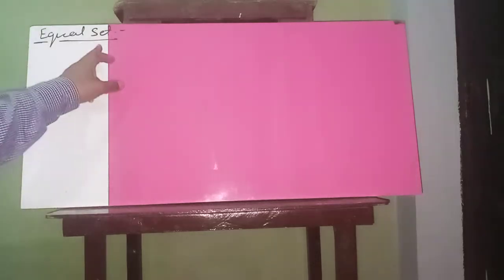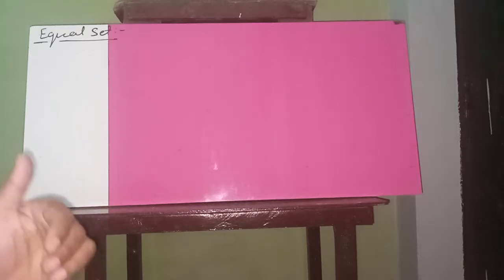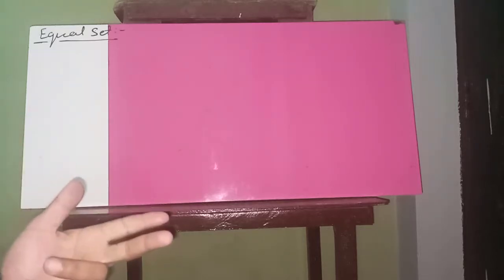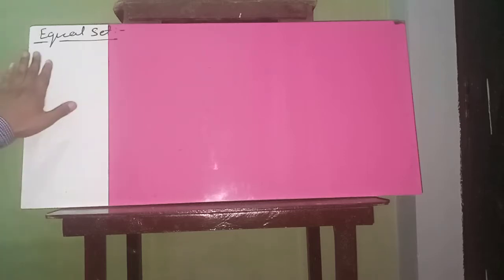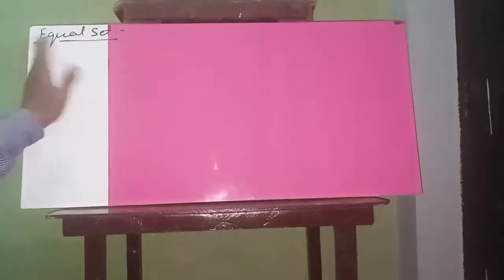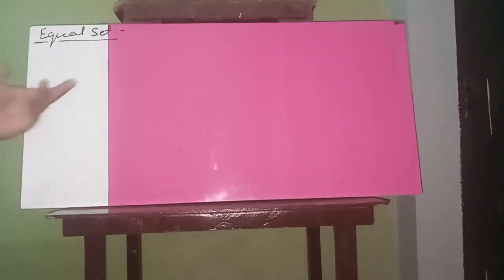After the definition of finite and infinite set, we take a new definition that is called equal sets. So which sets are called equal? Equal sets are two or more sets. One set will never be an equal set. If we compare two or more sets, we find whether the sets are equal or not. So what is the definition of equal sets? At first I write the definition.